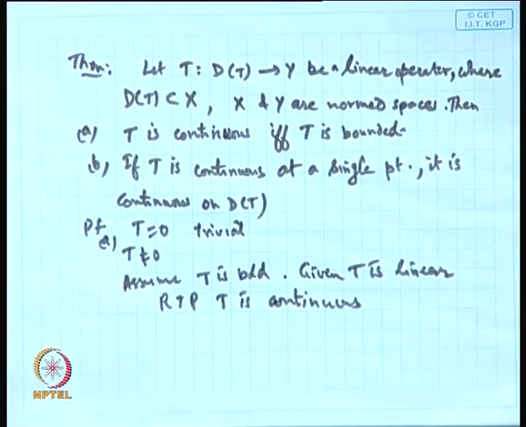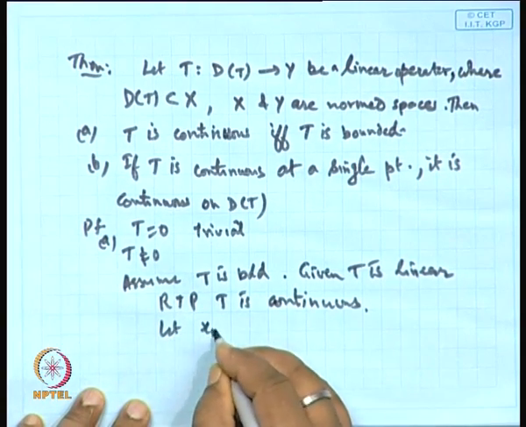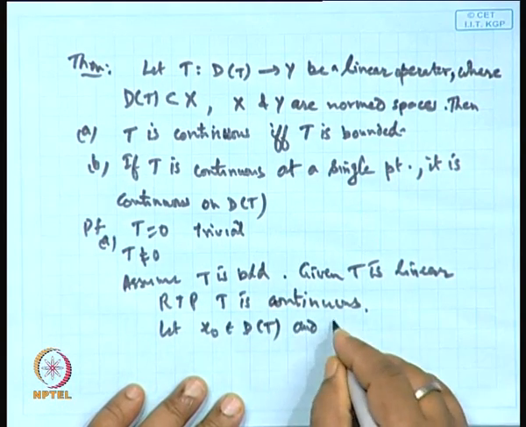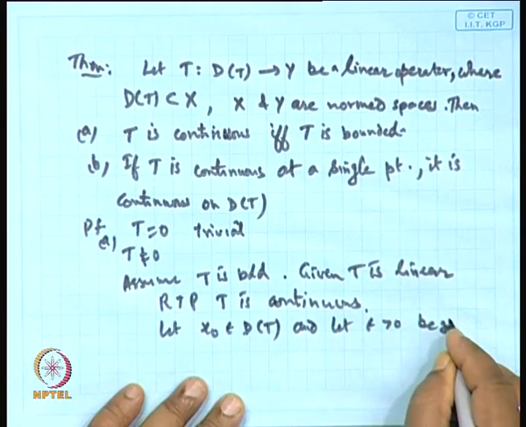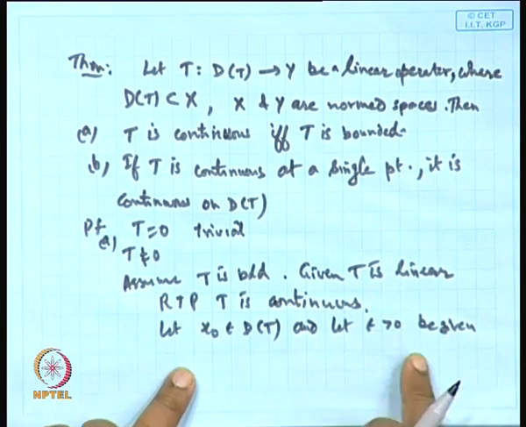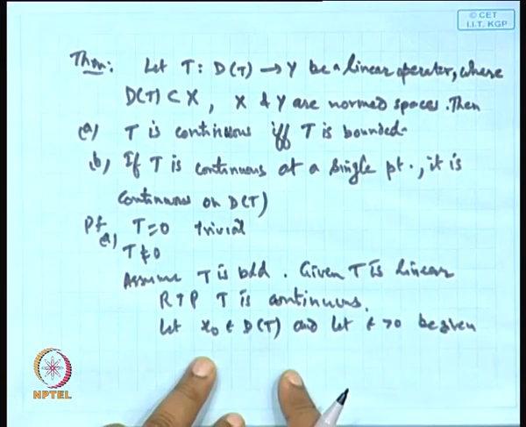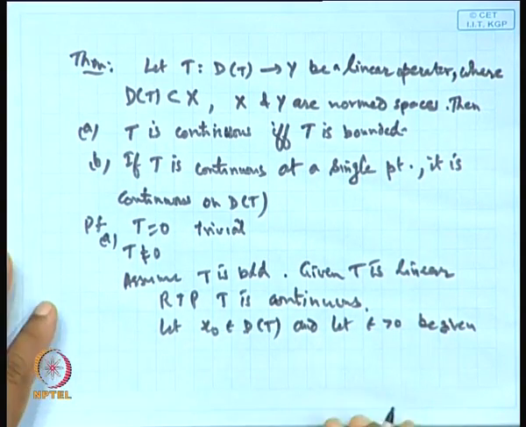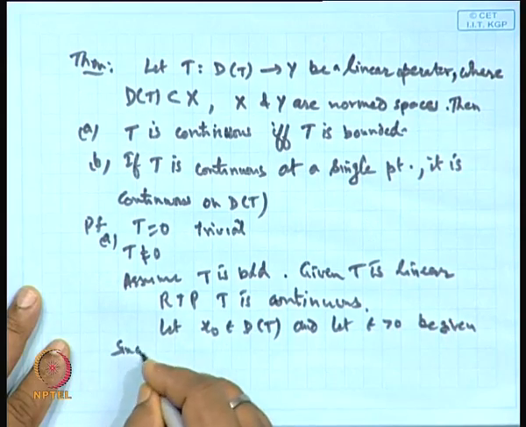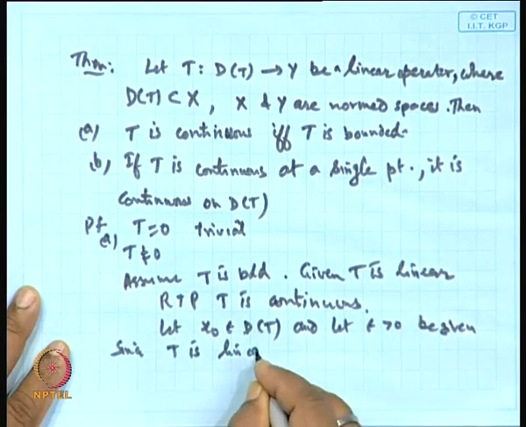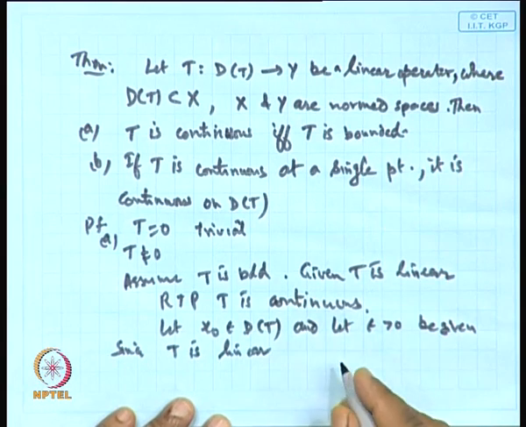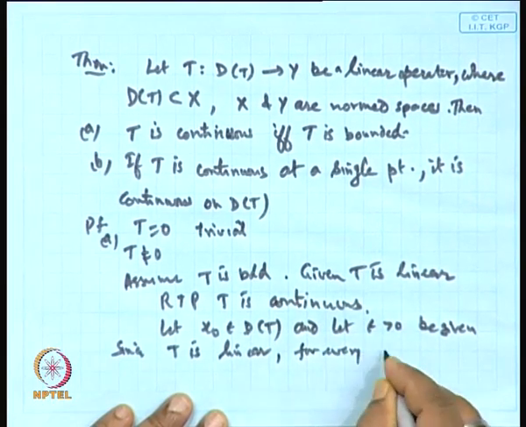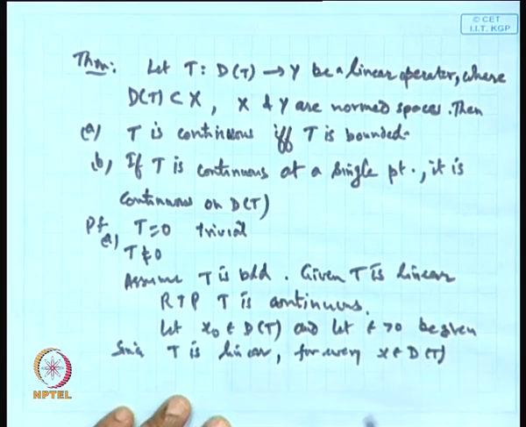Okay. T is continuous. So, suppose x naught is a point in the domain D(T), and let epsilon greater than 0 be given. For continuity, we have to find a delta such that norm of T x minus T x naught is less than epsilon whenever norm of x minus x naught is less than delta. Since T is linear, for every x belonging to the domain D(T)